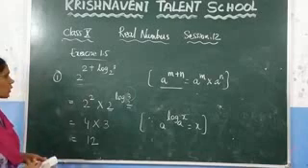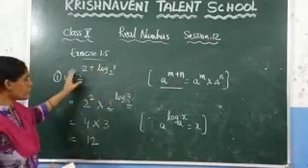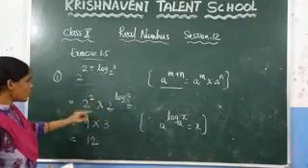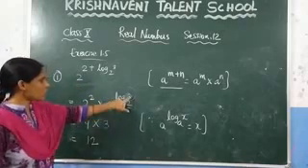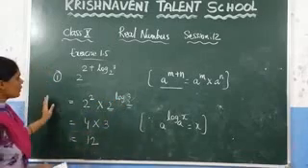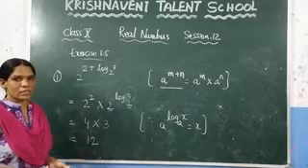How did we solve this problem? It is in the form of a power m plus n. By using the law of exponent, we have written this value as a power m into a power n. And after that, you know that if these two values are equal, you will get the result as 3. So 4 into 3 which is 12. This session is completed. In the next session, we are going to discuss the next problems.